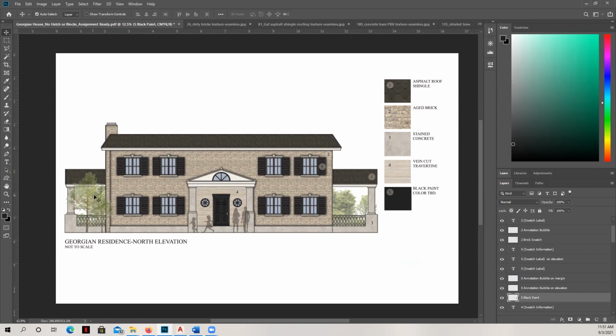We do have some entourage brought in, some scale figures, and then this really gorgeous swatch key that allows us to see the finishes that are applied on this elevation a little bit closer up. And then you can see here, it's just a beautiful, crisp, understated elevation that's not intended to be a photograph, but gives a really nice representation of what this will look like to your client.